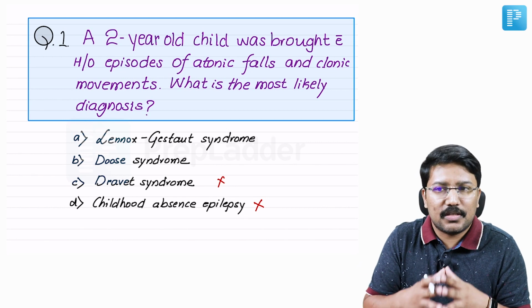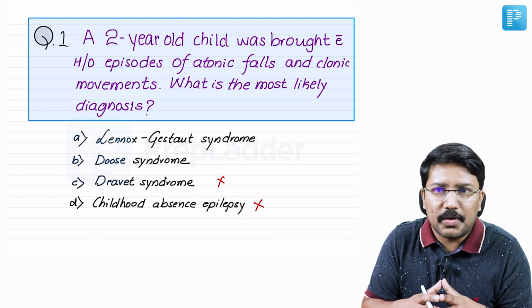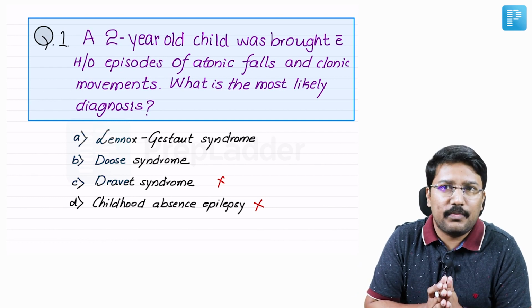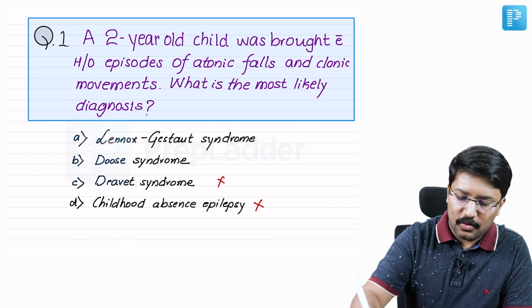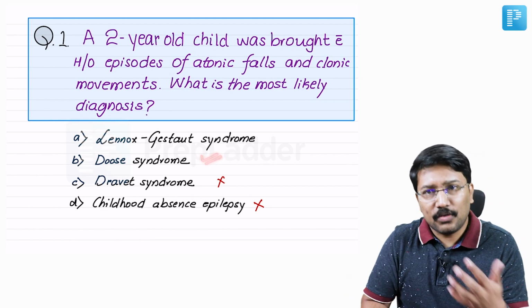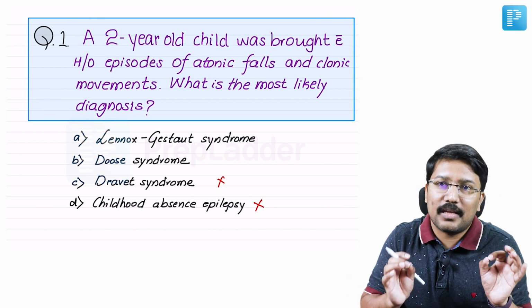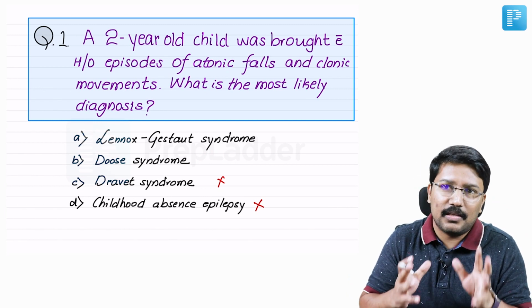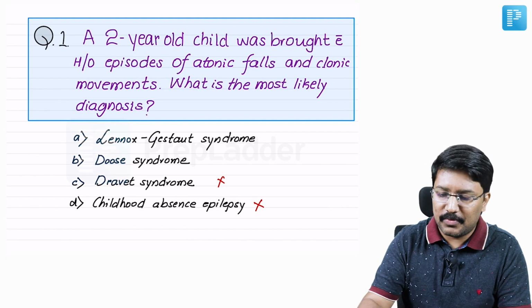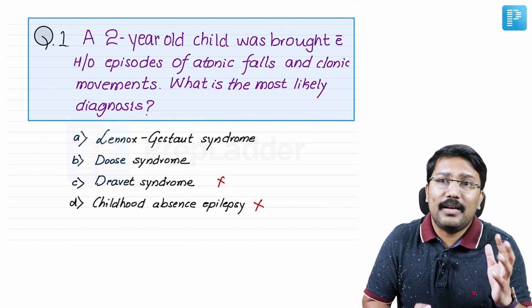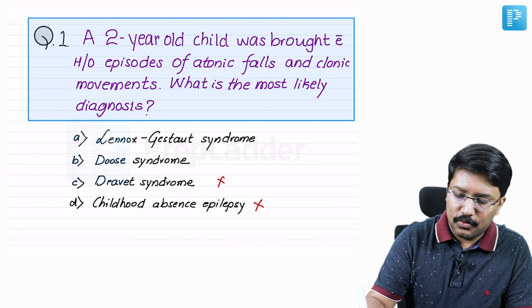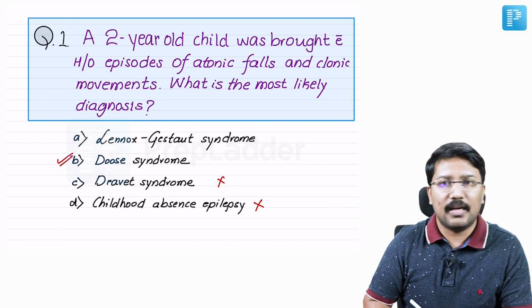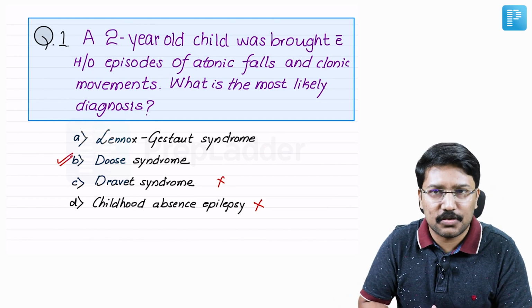When it comes to Lennox-Gastaut and Doose per se, the differentiation becomes a little tricky. But one particular thing we know is that myoclonus is more strongly seen in Doose. For Lennox-Gastaut, you will find various resources that mention myoclonic epilepsy is also seen. They mention the clonicity, but it is quite less common. So as of now I would rule this out and take option B as the right answer. I hope we are doing justice to the question.